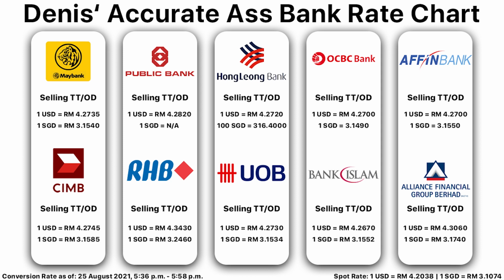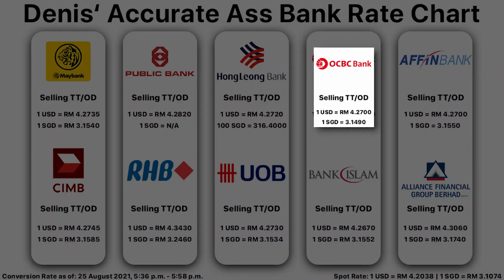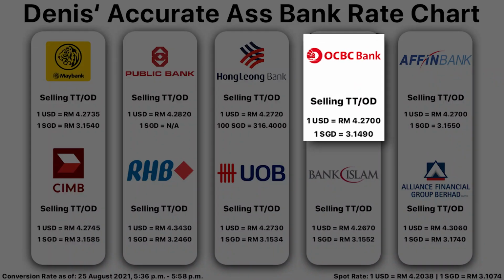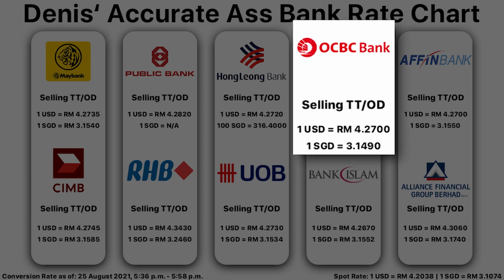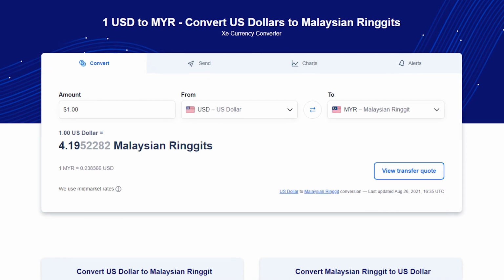So as you guys can see, Bank Islam offers the best conversion rate to US dollars and OCBC Bank offers the best conversion rate to Singapore dollars. But these banks do charge a premium for their services as well. And if you're wondering where I got my real-time spot conversion rate from, I got it from the xe.com website. And that is one of the most accurate real-time conversion rates I have found on Google as